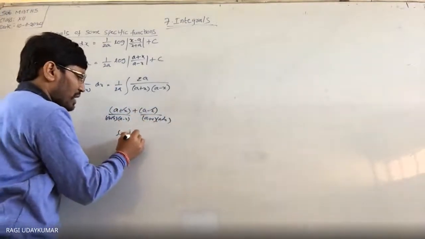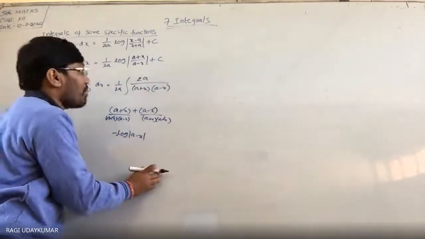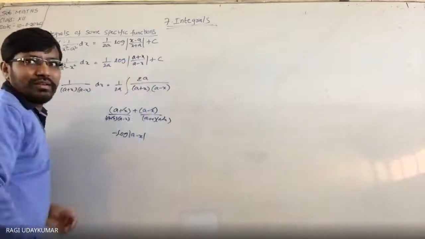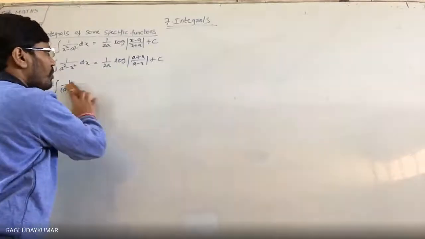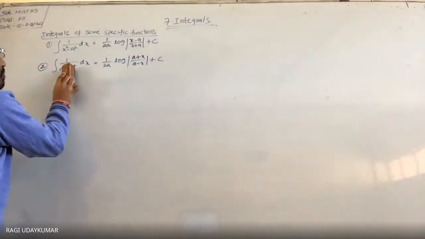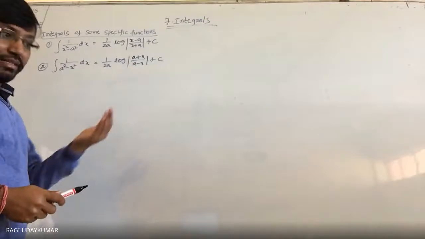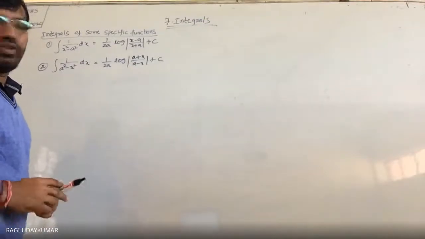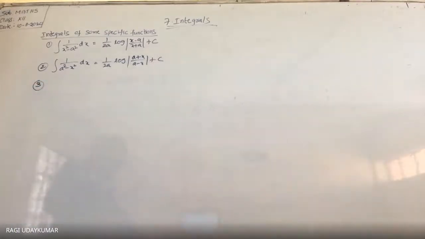But here you are going to get logarithm of a minus x. But here you are having minus, so minus you are going to get. ये denominator में आ रहा है, ये denominator. So here to remember what to do, whichever a minus x है ना, a minus x, minus वाला denominator में आएगा, because minus वाला denominator में चलेगा. So this is a second identity, second function in inverse trigonometric function. Sorry, some specific functions if you are taking.